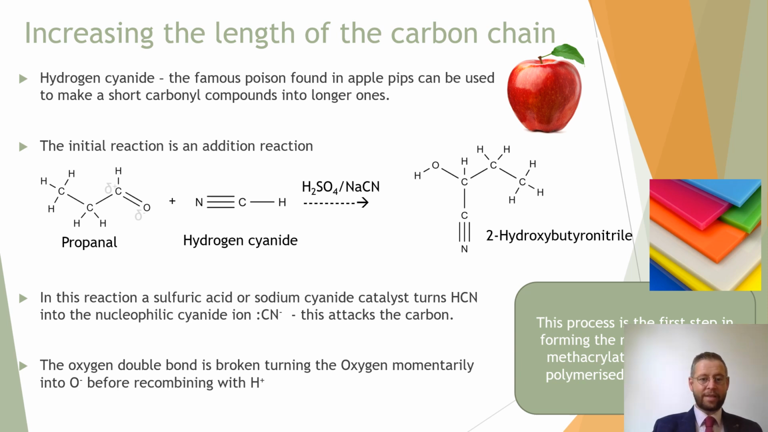So here we've got propanone, and you can see what I've drawn on it is the positive and the negative end of that carbon-oxygen double bond. And there's hydrogen cyanide, which is HCN, though it's displayed here as NCH, same thing. And what we're going to do is subject it to a sulfuric acid and sodium cyanide bath. And what's going to happen is the hydrogen cyanide, the hydrogen, is going to, in the acidified solution, dissociate,